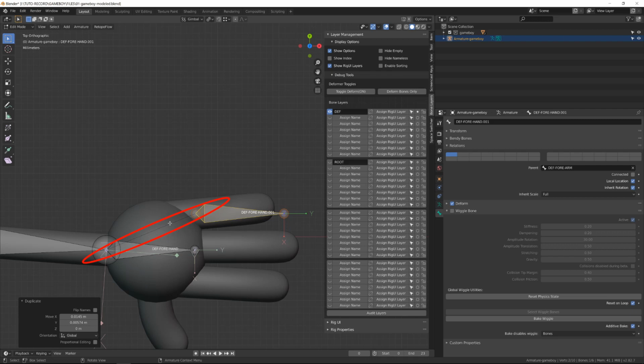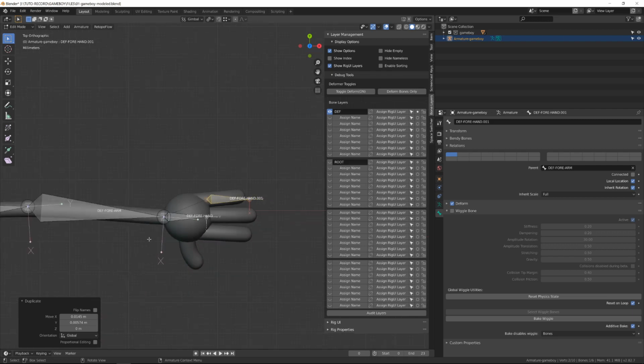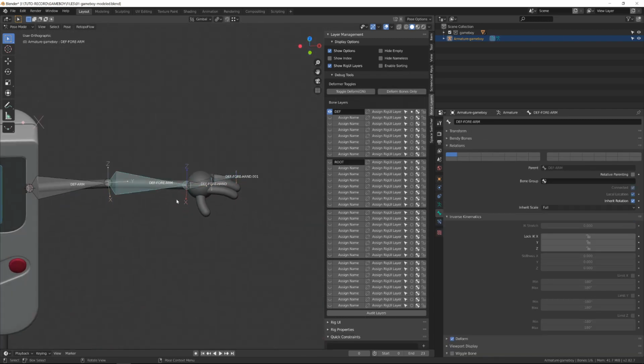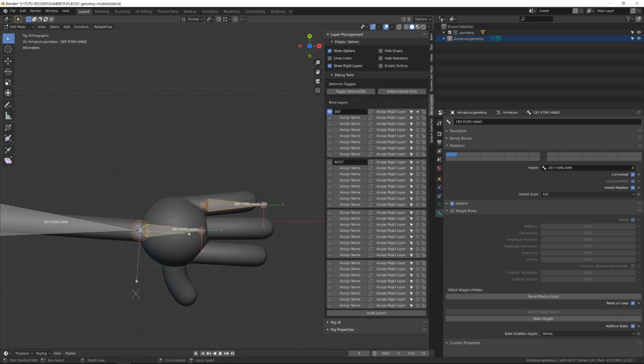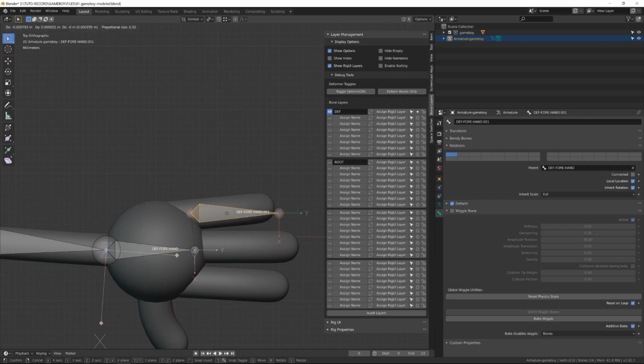You can see the thin dotted line, meaning that this bone is parented to the forearm bone but not connected. If I switch to pose mode to enter the mode that allows us to animate the rig, we can see that it's following the rotation of the arm but not of the end. So back in edit mode, I will select first the finger, then the end, press Ctrl P and use the option Keep Offset. Now the finger bone is the child of the end, meaning that it will follow any transformation applied to the end, whether it's rotation, translation or scaling.